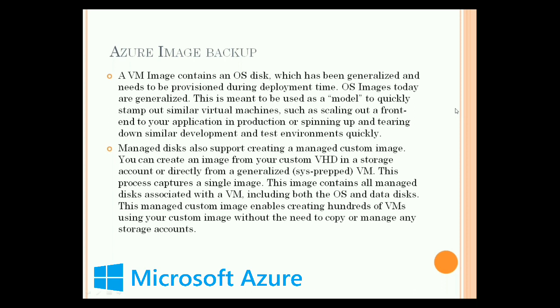That is the image backup we are going to take. Earlier, we took a backup of only a specific hard disk in the name of a snapshot. When we have multiple virtual hard disks, we only take the single hard disk or single drive. By using the image backup, I can easily and quickly stamp out a similar virtual machine. So I can clone the virtual machine.